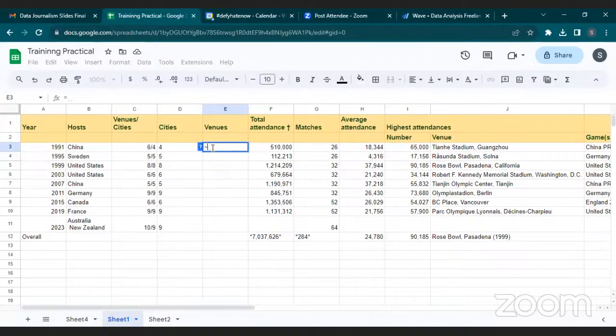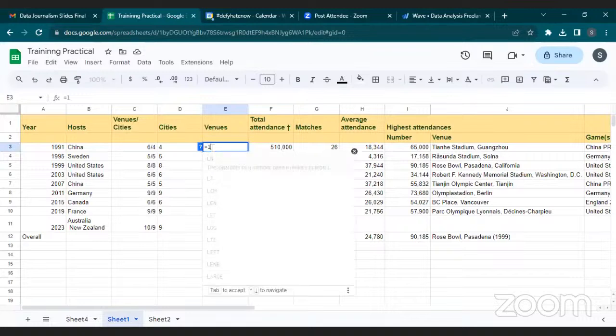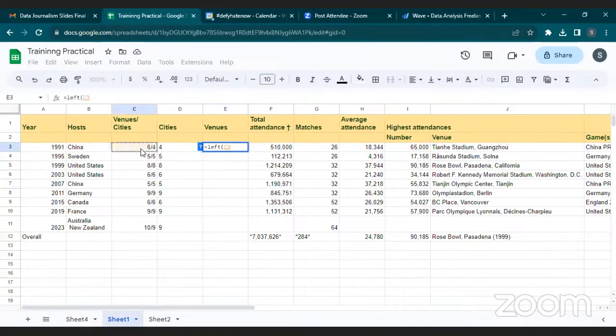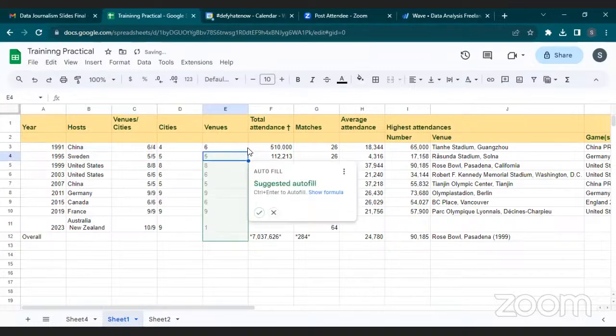But instead of using the right, I'm going to use the left, because this part is the substring that I want to extract. So venues, 6, 5, 8, 8, and so on, all the way up to 10. And then parentheses, select the range, comma, select the number, the size of the substring that you want. Then it gives me the